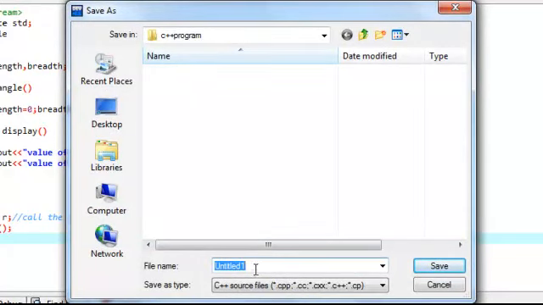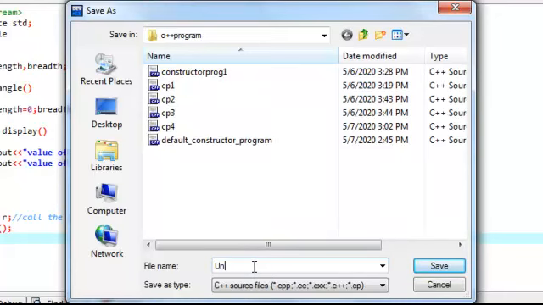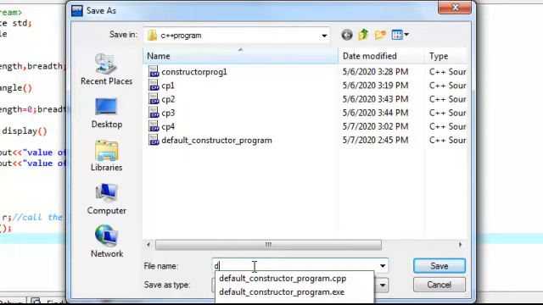Okay, let's first compile. First give the name of the program: default constructor program 1.